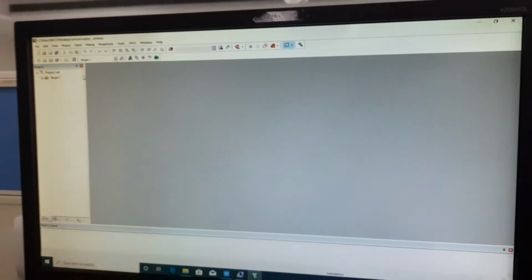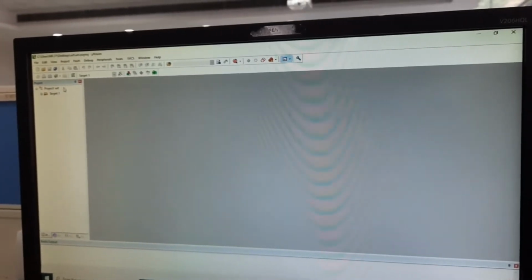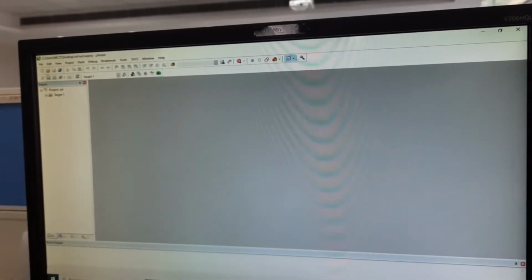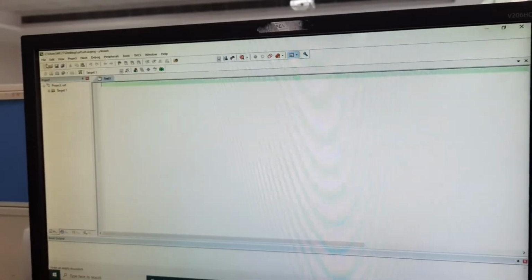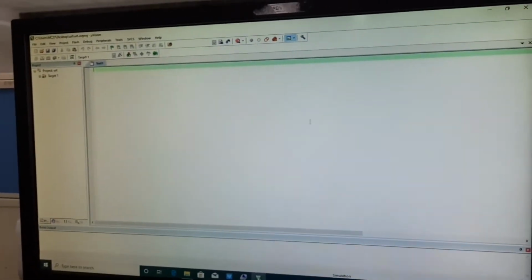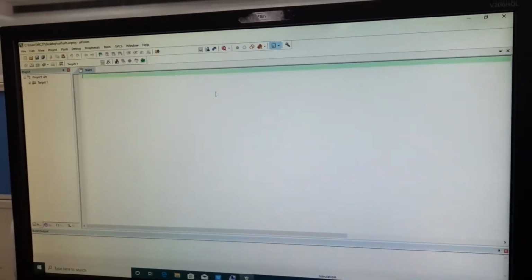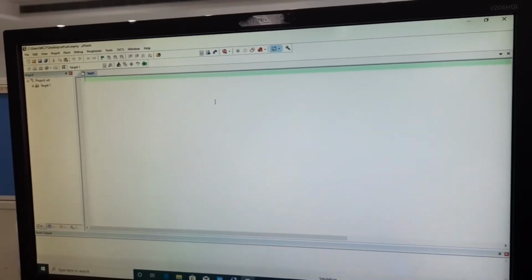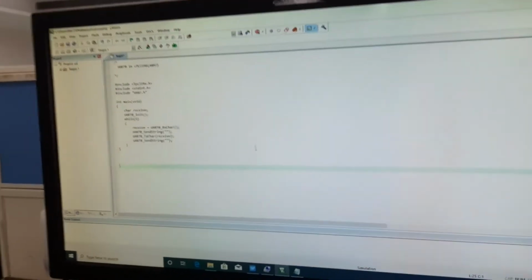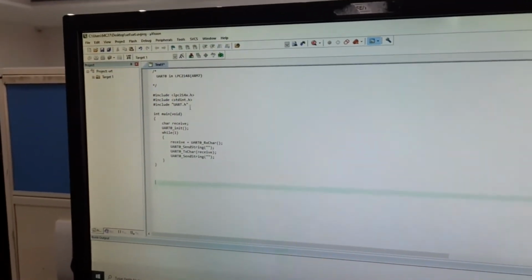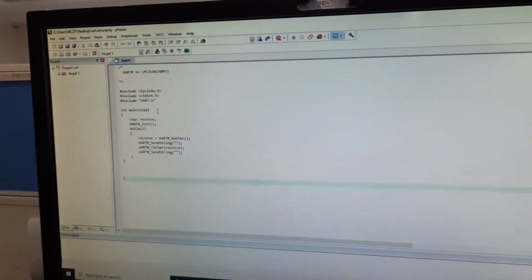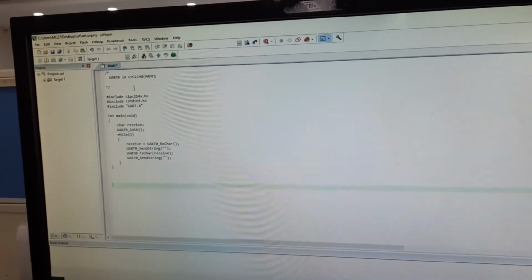Now we are going to write our program related to UART. I will go to file, new. New opens a text editor, and here I am going to write our program. In the text editor I type the program related to UART, the experiment number 9.